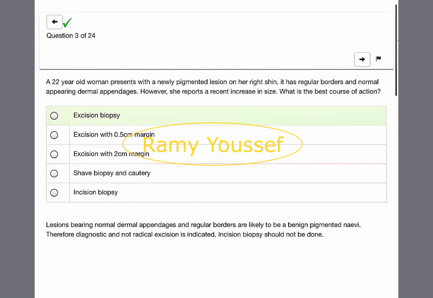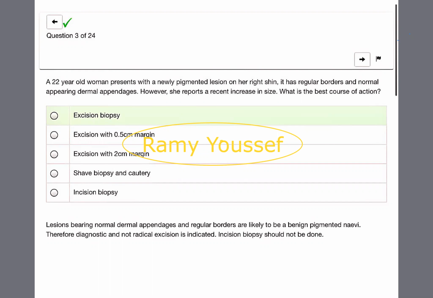Okay, you do an excisional biopsy. Excisional biopsy normally takes about 1 to 2 millimeters, about 1 millimeter around the wound. This is the normal for any lesion when you don't know exactly what the lesion is, except if you did a punch biopsy or the lesion is highly suspicious. You are not allowed to take a safety margin, especially on the face, unless you're sure this is something malignant by punch biopsy